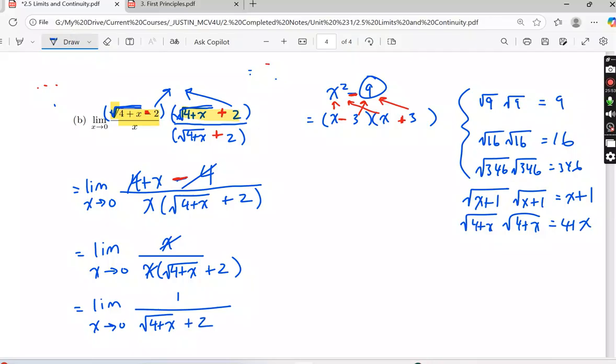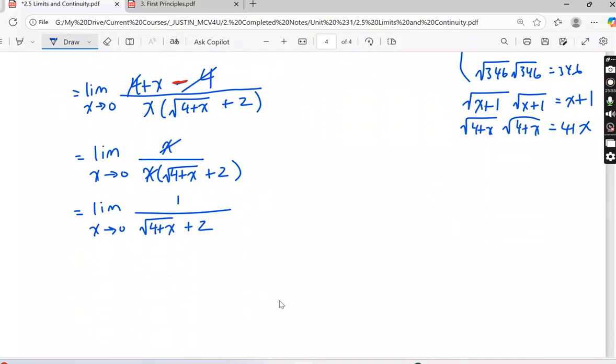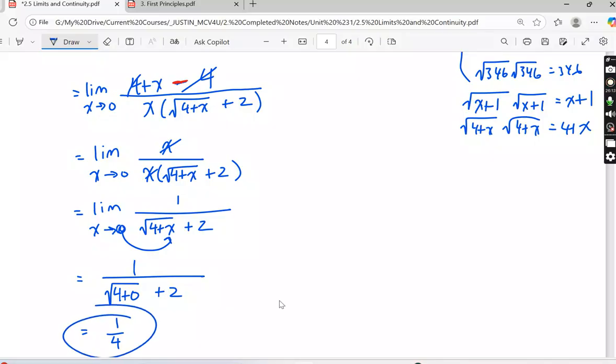Now, what happens if I sub in x now? Is that doable? It sure is. If I sub in x equals 0 now, okay, I will get 1 over square root of 4 plus 0 plus 2. Square root of 4 plus 0 is just 2, so I get a limit of 1 over 4. That will be the answer to this question, but